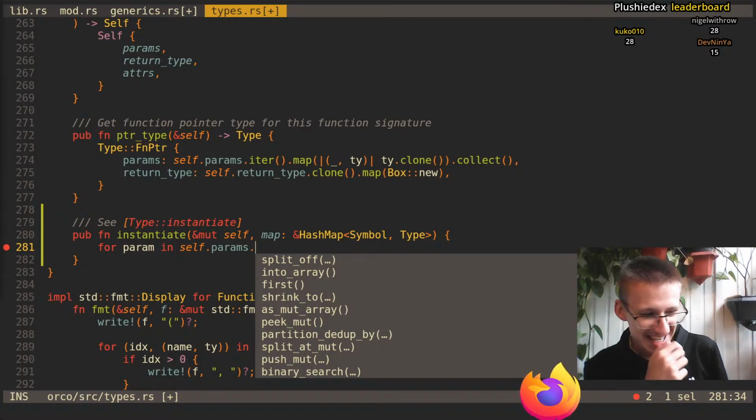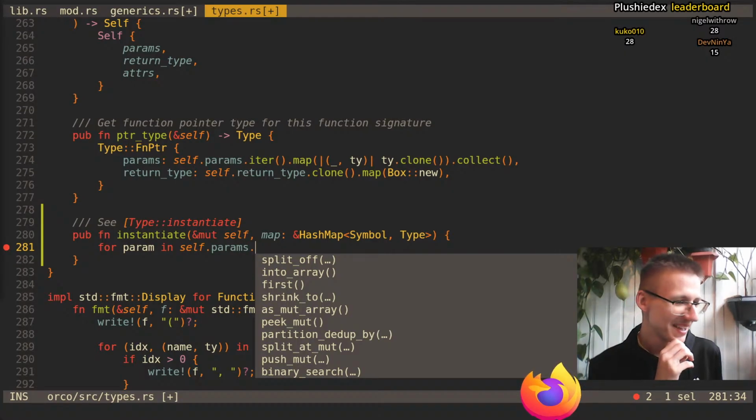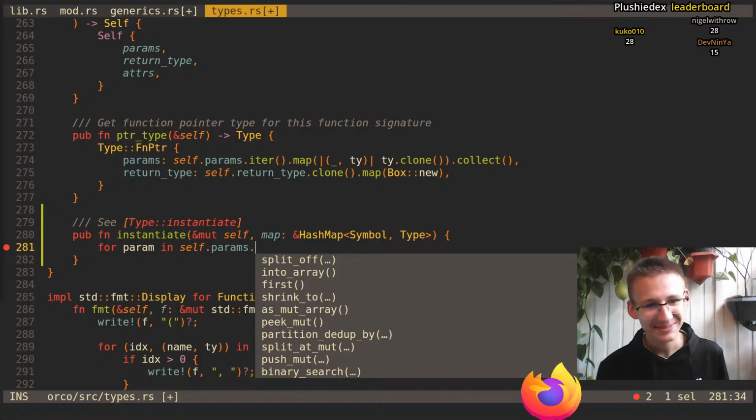So we go through all params, for each param in self params,